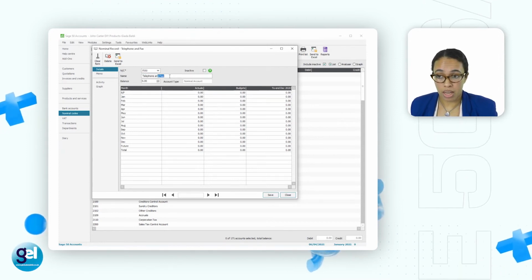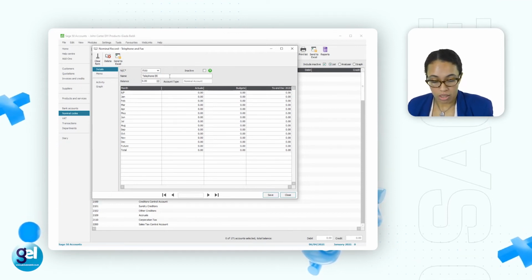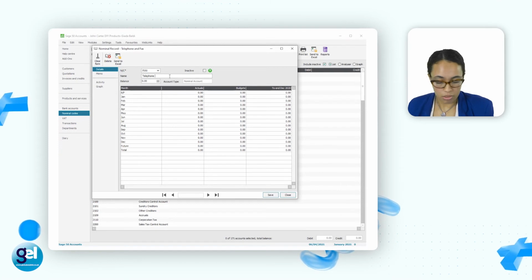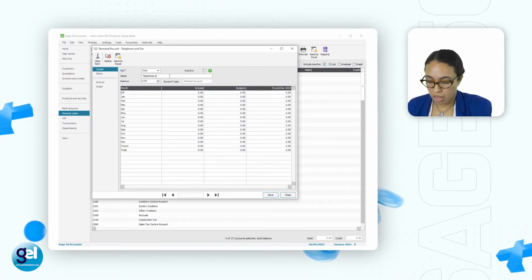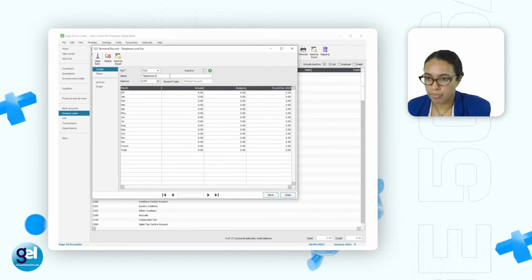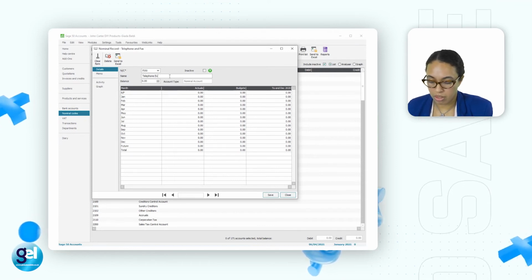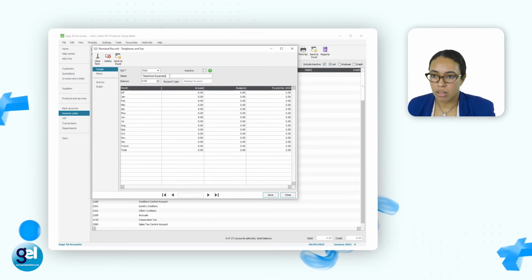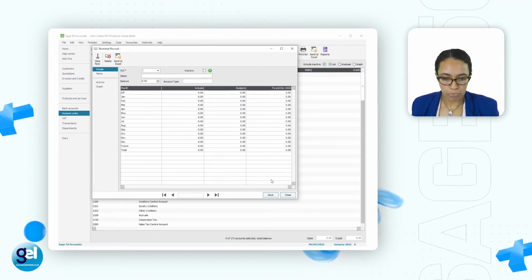We are going to leave telephone and just replace the other elements with expenses. And then save to confirm changes.